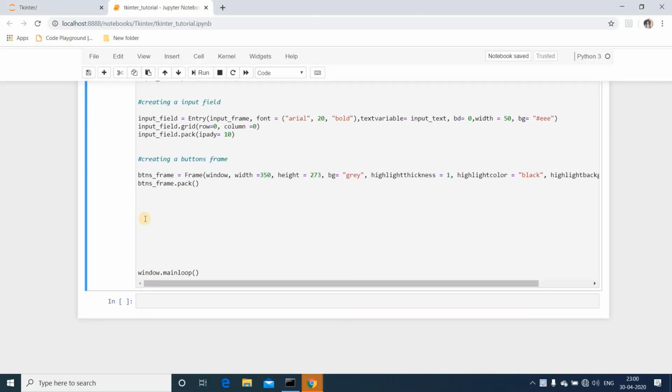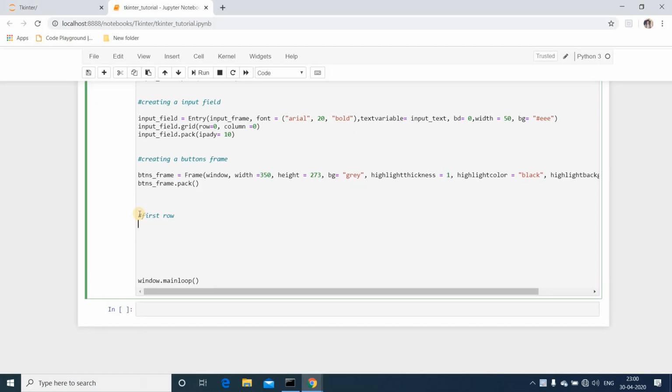We will be creating the buttons row wise. I'll first create the first row. The first row consists of only two buttons. The first one is the clear button and the next one is the divide button. We'll create the clear button first. I'll assign clear equals Button. Button is a special widget available in the tkinter module to create buttons, and I'll be passing the buttons frame that we have created, comma, and the text.